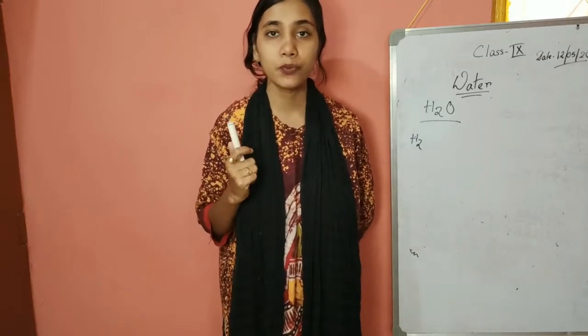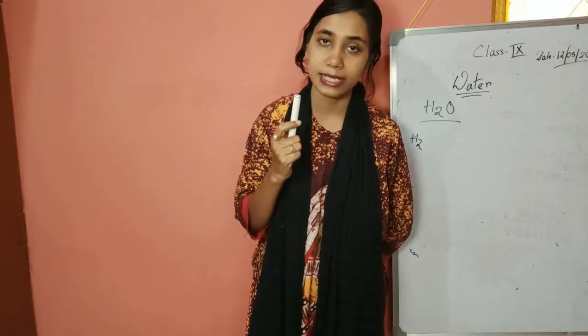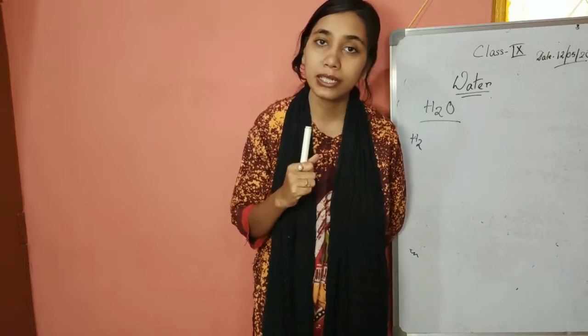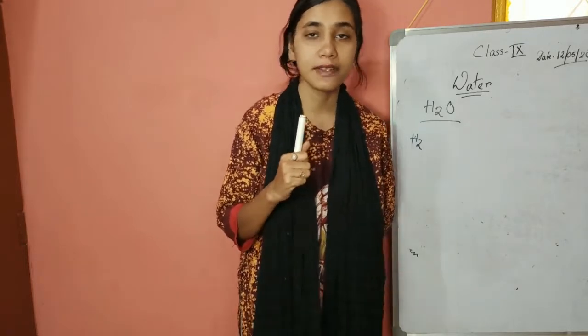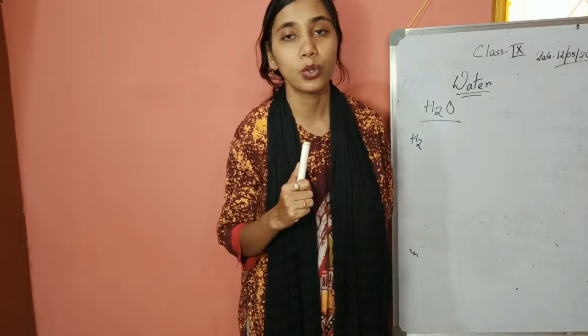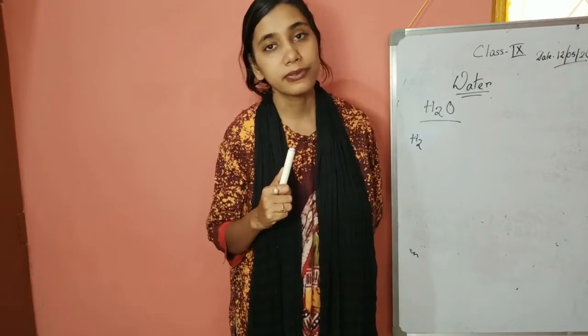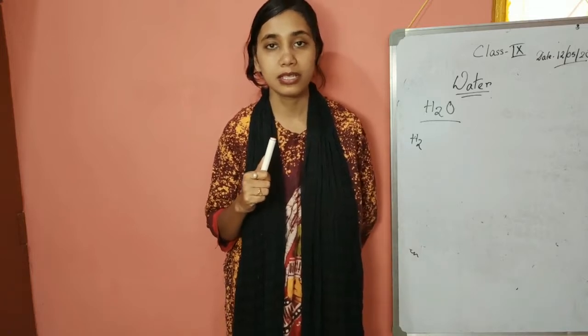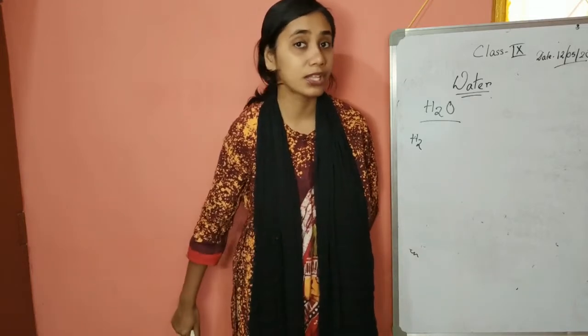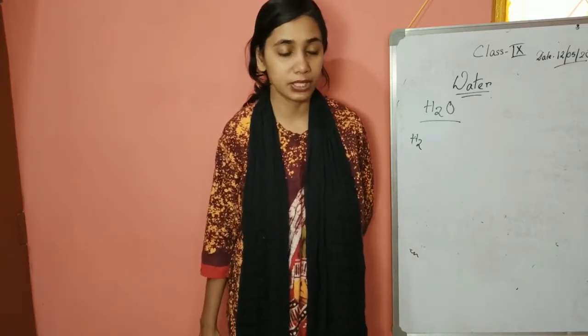If you can remember, duplet is the 2 electrons at its valence shell, that is the electronic configuration of helium, and octet is 8 electrons at its valence shell. Other than helium, all of the noble gases are stable, they are generally unreactive at room temperature, at normal conditions. So every element has a tendency to achieve the noble gas configuration.